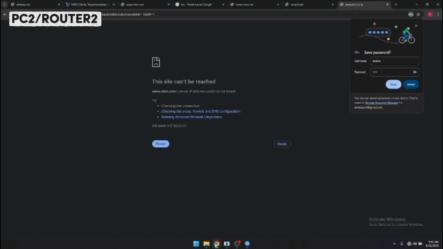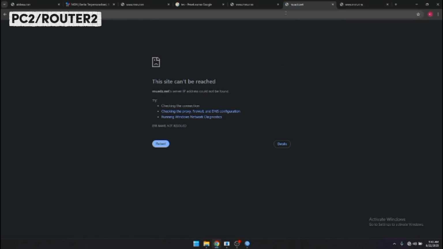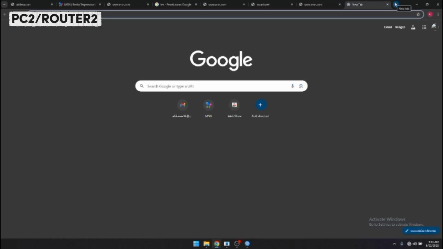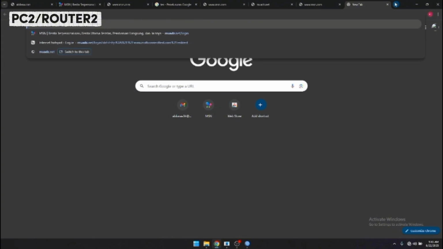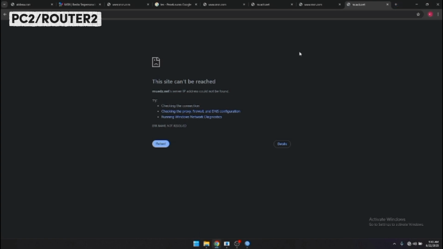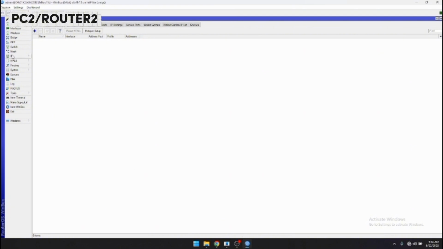Can get the internet. I want to check in Chrome. Can connect.